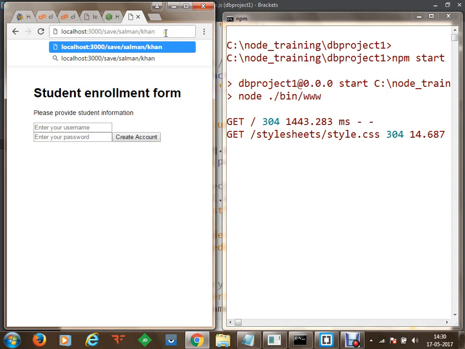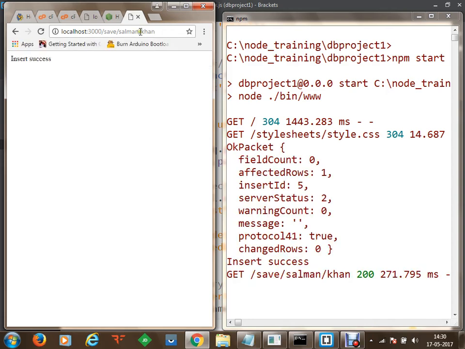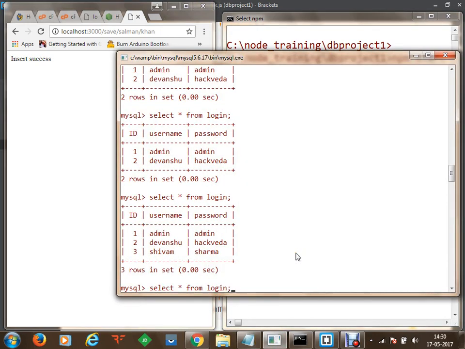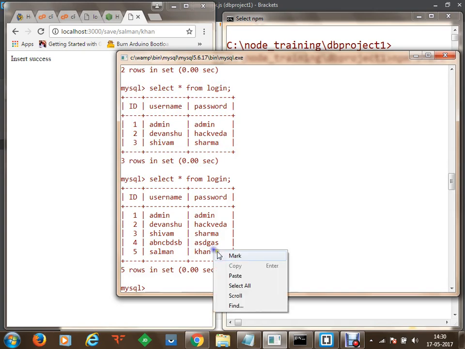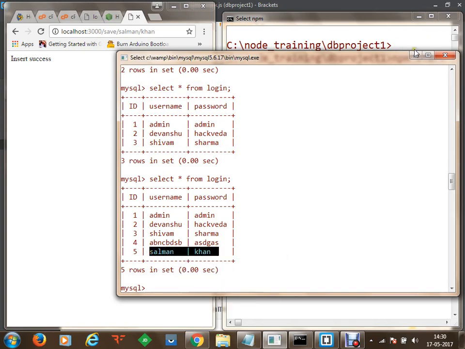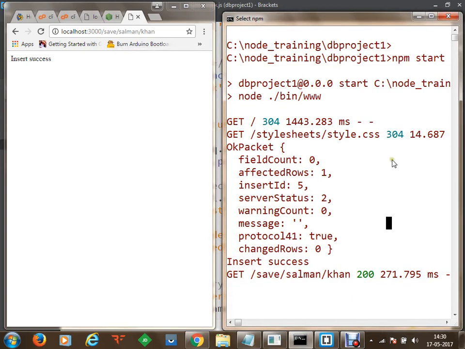As soon as we send this information from the URL, you can see that a request has been sent and an OK packet has been received, the data has been saved, and we have got an insert success. Now we can run select star from login, and we can see that Salman Khan, entered in the application code here, is there.